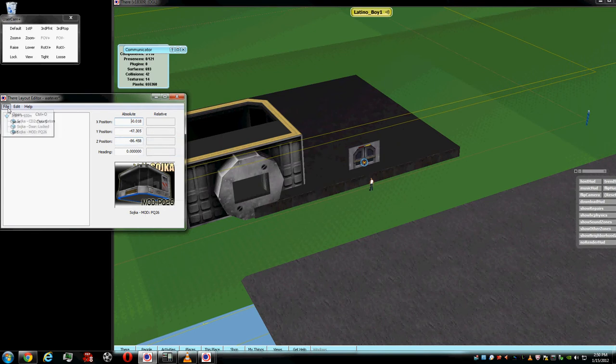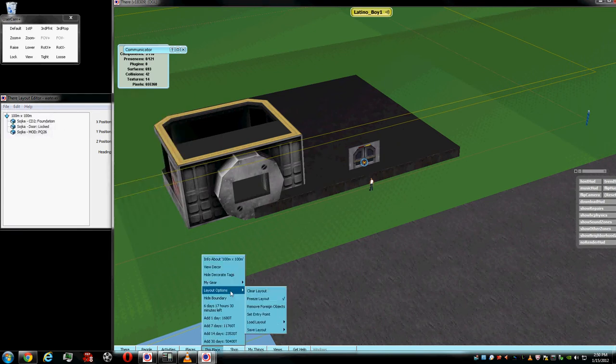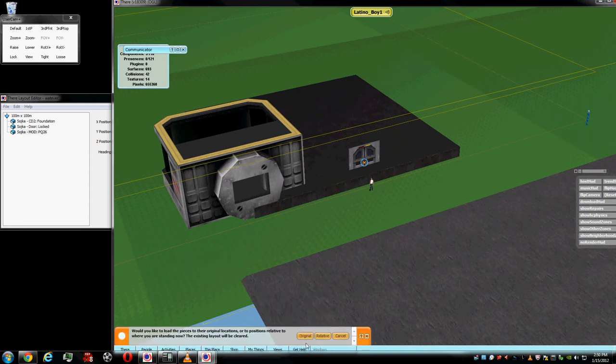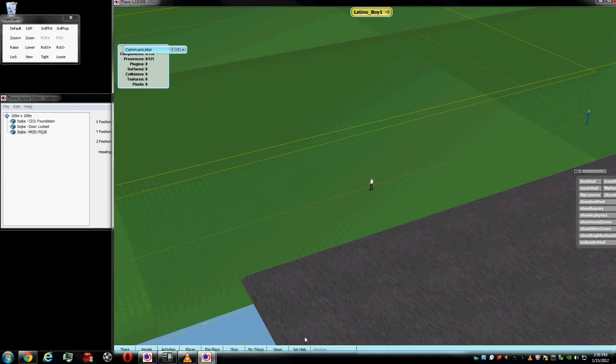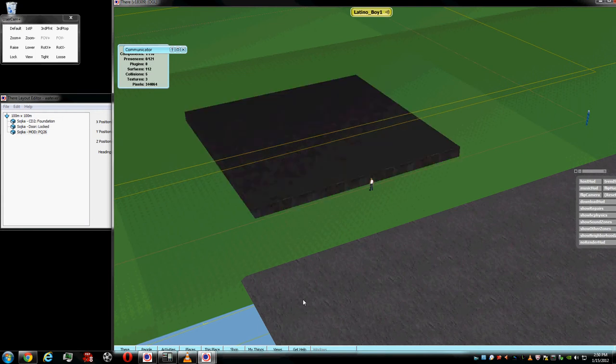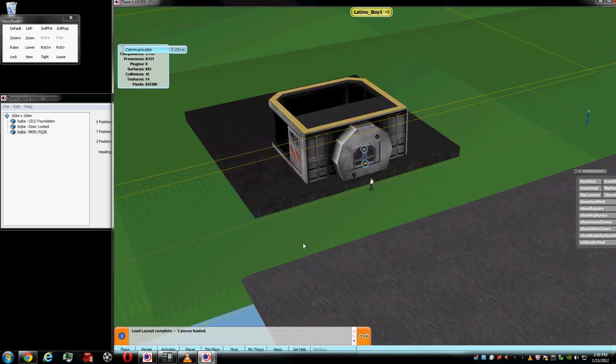where it was. File, Save. I'm gonna go back to this place, layout options, and load whatever back on there to the original, and that should load all these 3 items back where it's supposed to be, where it was. Now the cool thing that I figured out, which I didn't know, I just figured out,